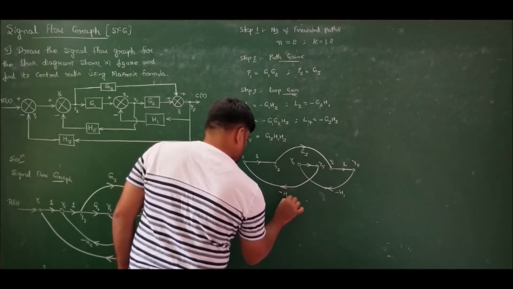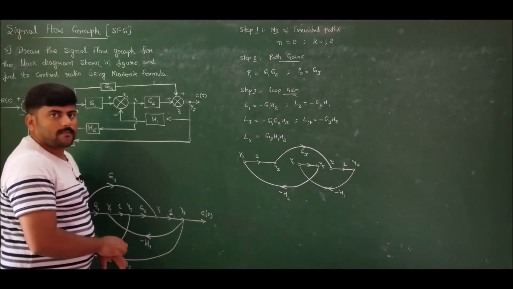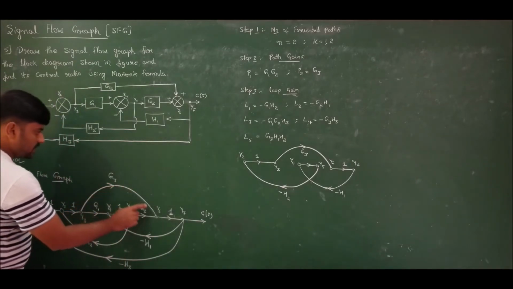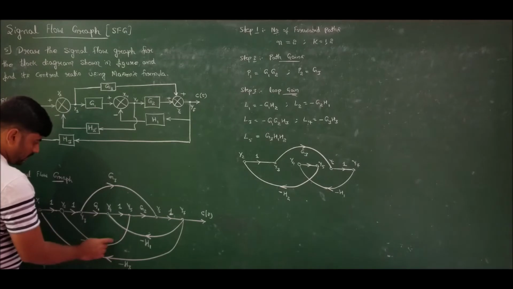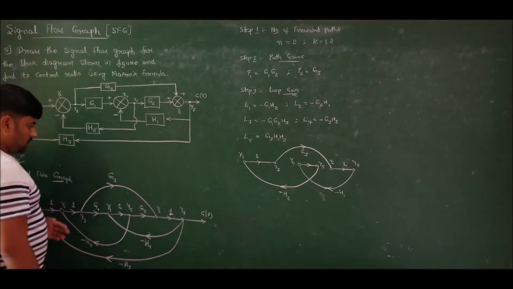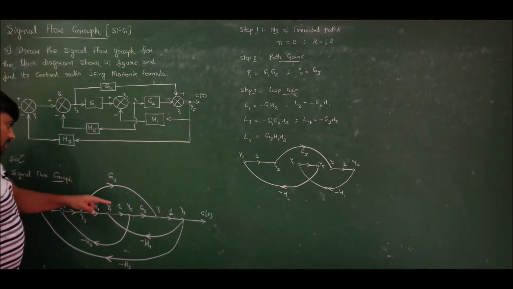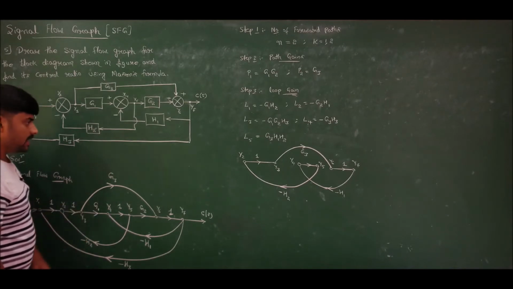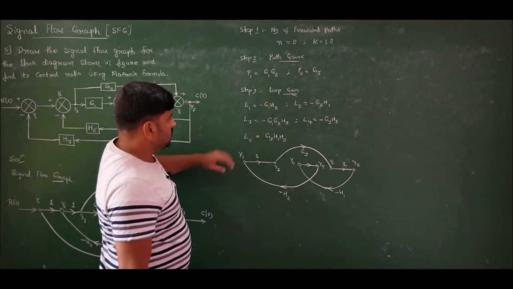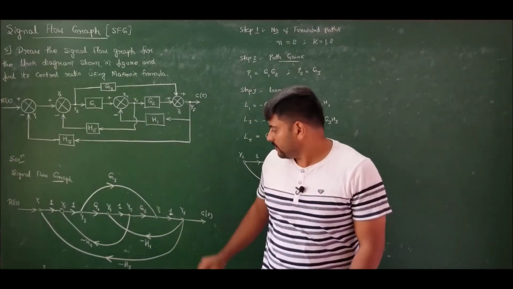minus h2. So you can observe here, nowhere we are moving in the direction opposite to the arrow. We are moving along the direction of flow of signal itself. So from y2 I am going through g3, coming back to y4, moving forward and again coming back to y2. I started at y2 and reached y2. So this is one more complicated loop, we can say. It is g3 minus h1 minus h2. Minus of minus is plus, therefore it is g3 h1 h2. So these are the 5 loops which are possible for the given signal flow graph.